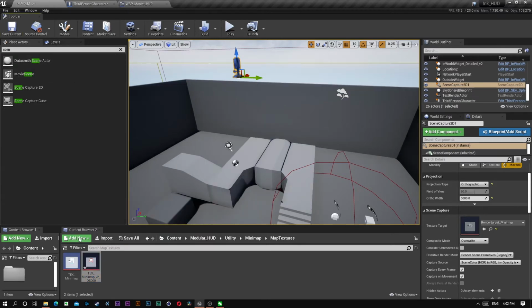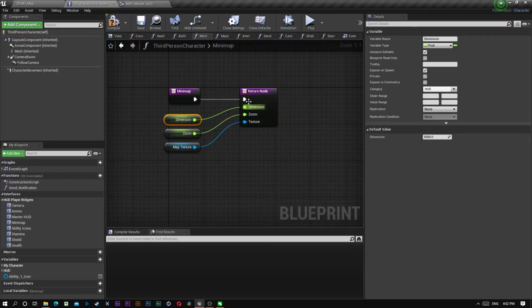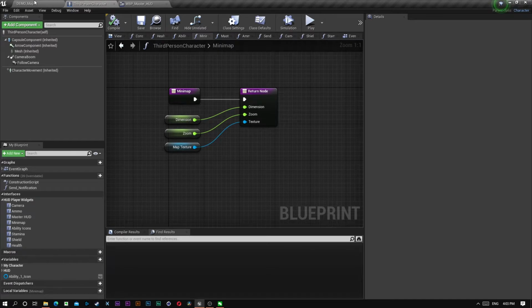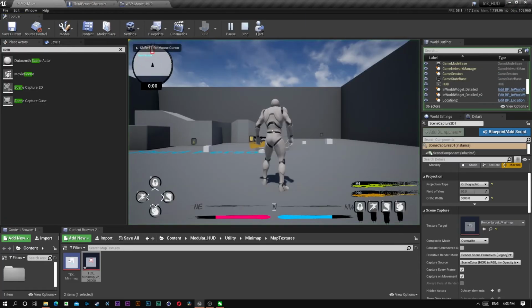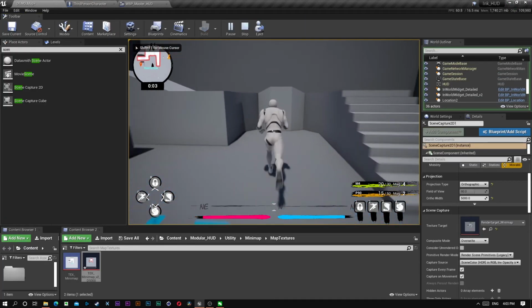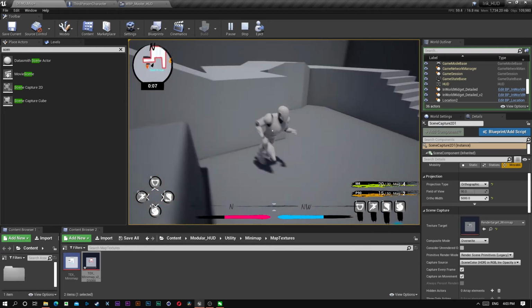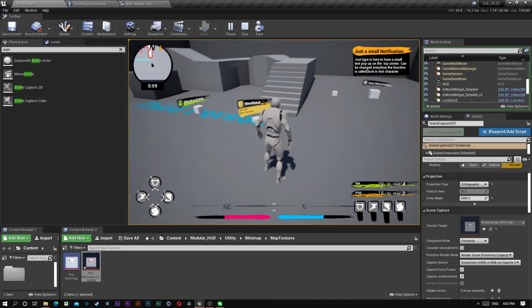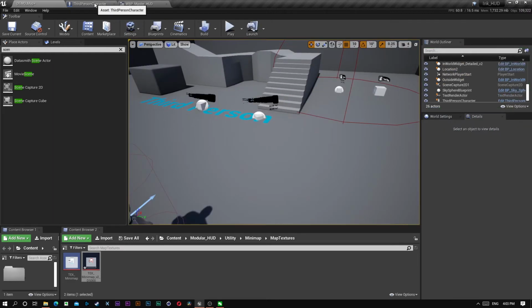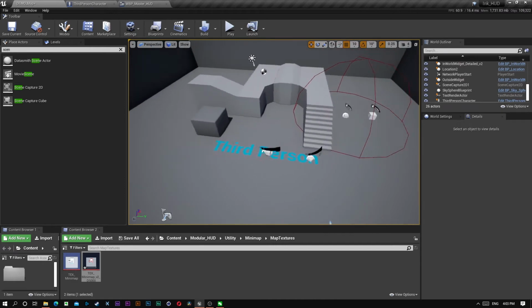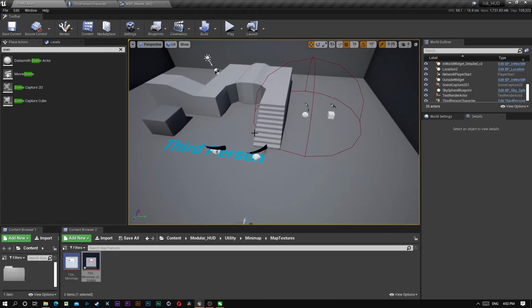Okay, so we just save this, and now we select this and plug it into the texture map. We save this, and now if we go in here, as you can see, there's the red outline and everything is at the right location. And everything works just fine. And this is really everything you need to do to get your own map viewed from the top into the